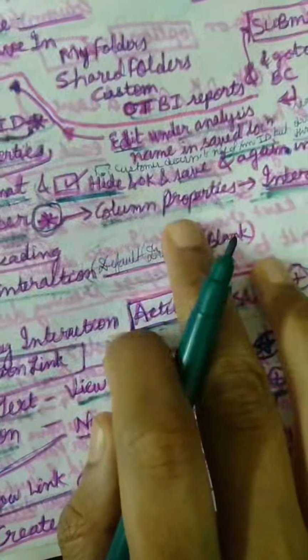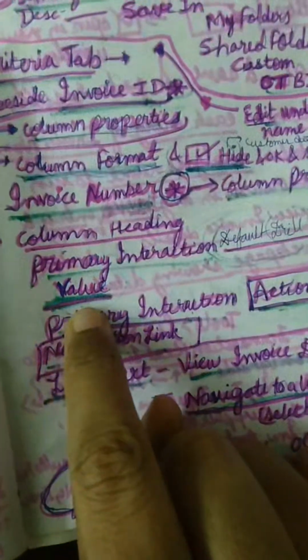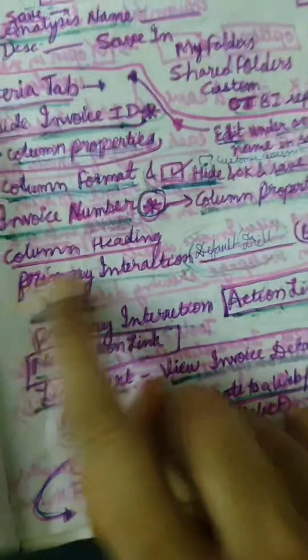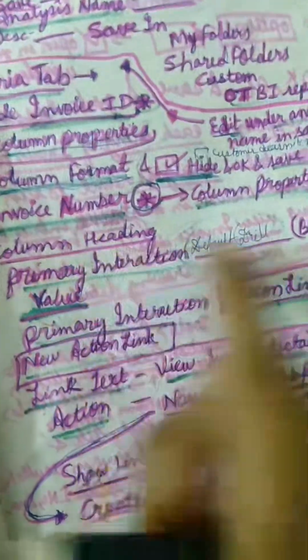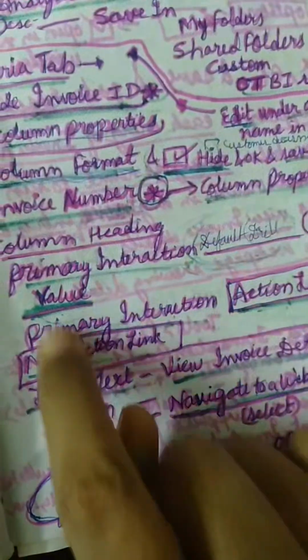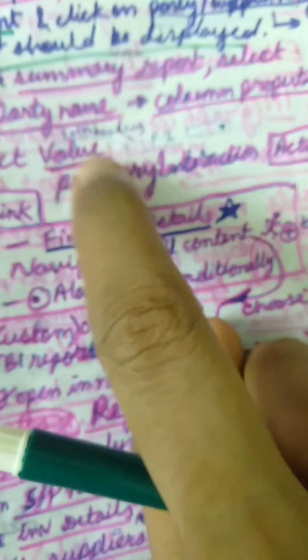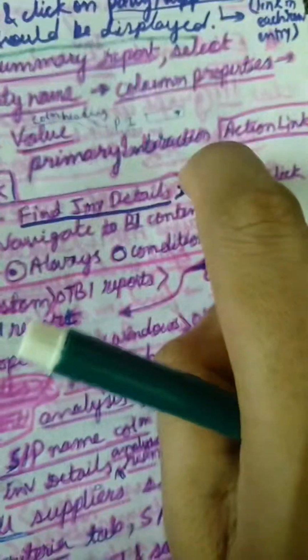As soon as we go to column properties and interaction, 2 things come. First one is the heading, second one is the value, for primary interaction. Here you can give whatever heading name, and the value for primary interaction should be action link. I didn't write the column heading, so it's optional, but you have to select the value for primary interaction as action link. So as soon as you select that,